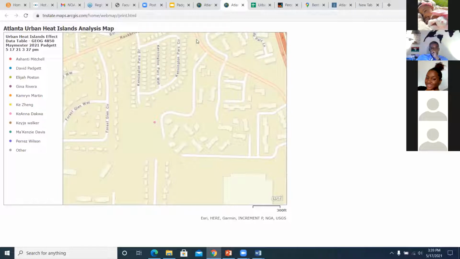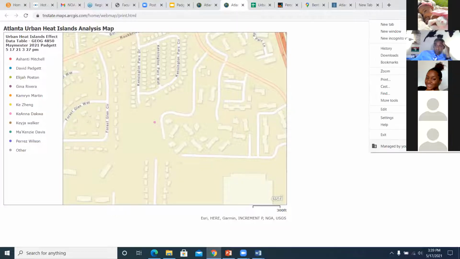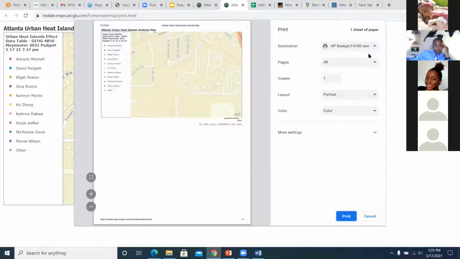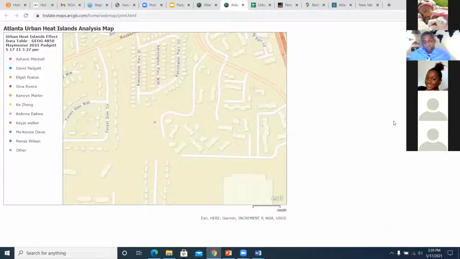And then go to, I guess you can do a couple of different things. You can either do the print this way, print, and then download it. No, that's not going to work. You can just do a print screen,